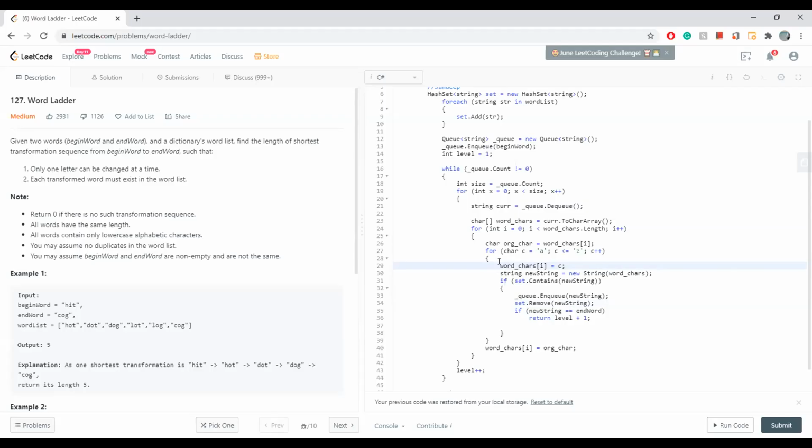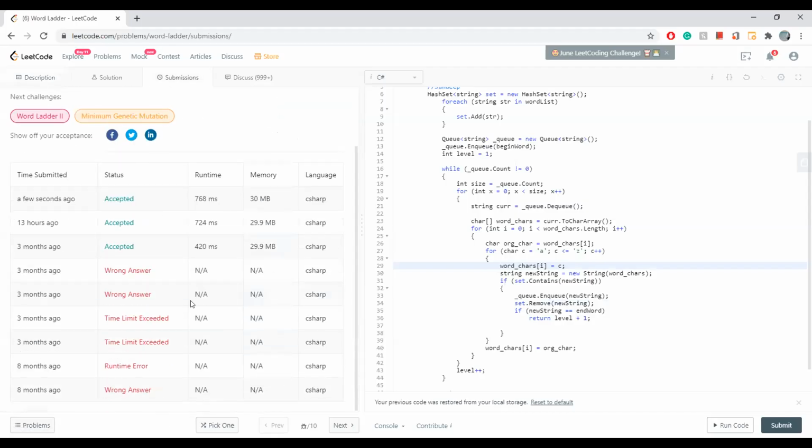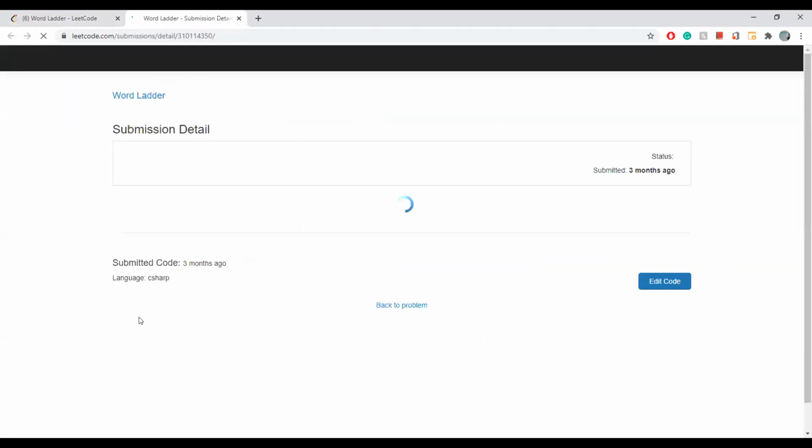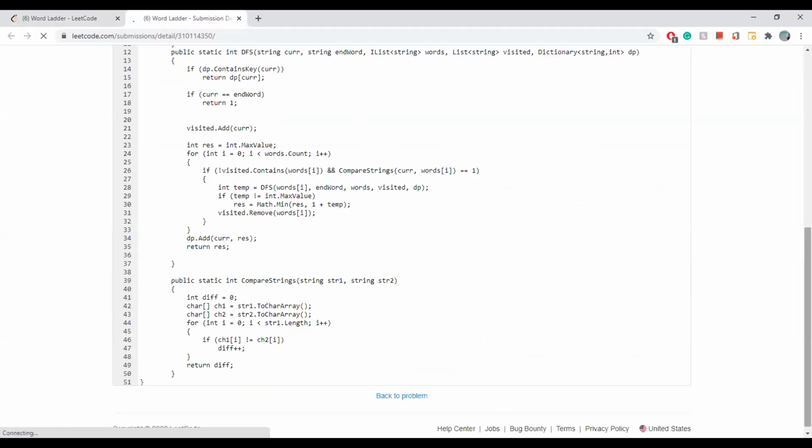One thing I want to say: can we see the previous solution which was giving the TLE? But Sandeep, your solution was not giving TLE, right? No, this is not giving TLE. I submitted it. Actually, I got a TLE 3 months ago. My solution was giving TLE. Okay, can you please share that? Yes, I will share that one. I'll stop the screen.